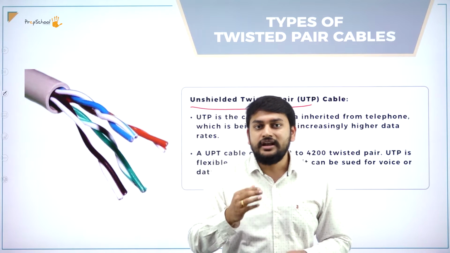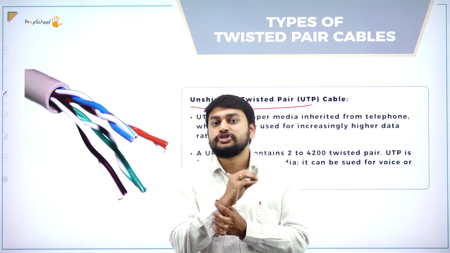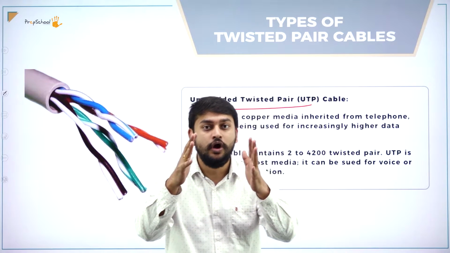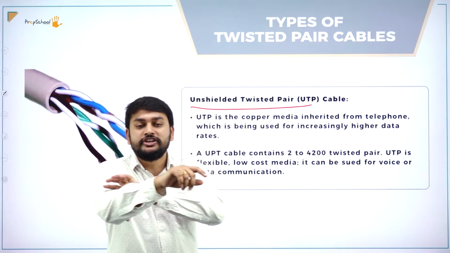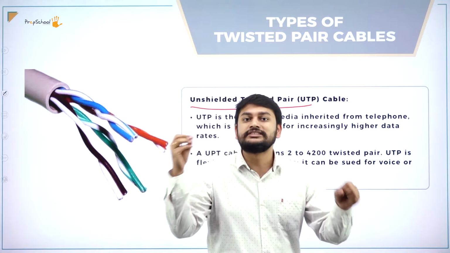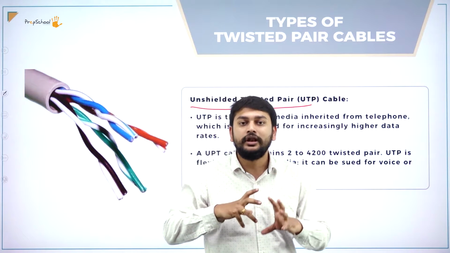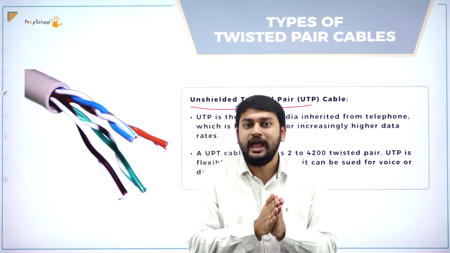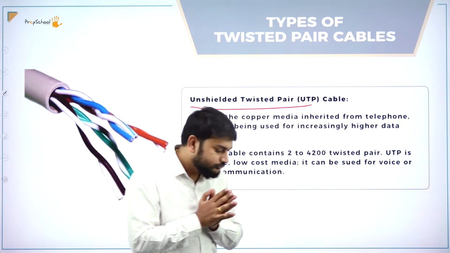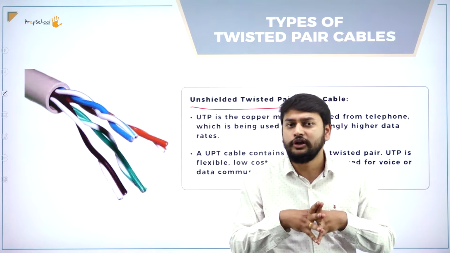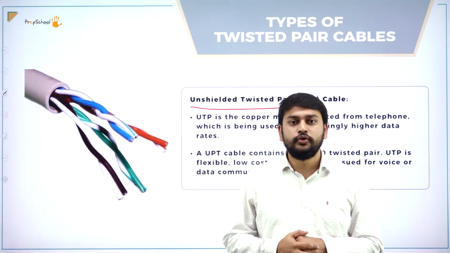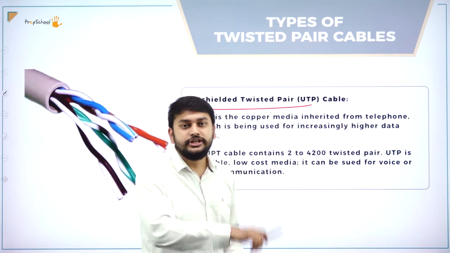So please understand, if it is not insulated, if it is not shielded, that's what you need to observe and remember. If it is not shielded, it will get directly affected by the external source. It will have chances of getting affected by interference. So there is a chance of losing out a lot of the signals that we are trying to send. That is a major thing that you need to remember when it comes to the unshielded twisted pair.